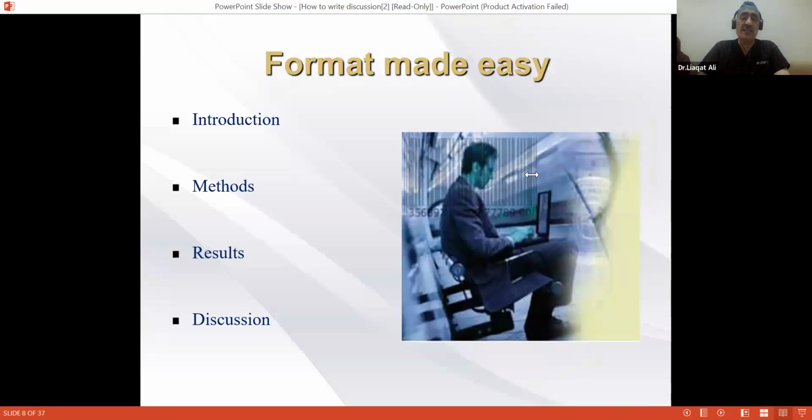Yes. So this is an important slide. What does this article manuscript mean to us? It consists of the universal way of submitting an article, the uniform requirements that came from the British BMJ, that you have to write the introduction, methods, results, and the discussion. So what does introduction mean?